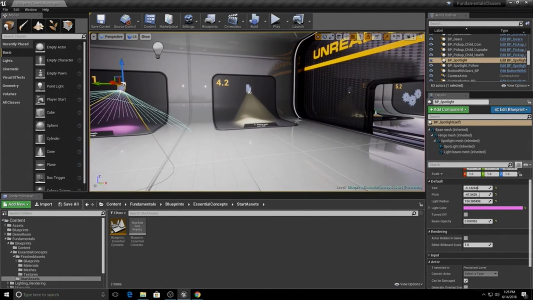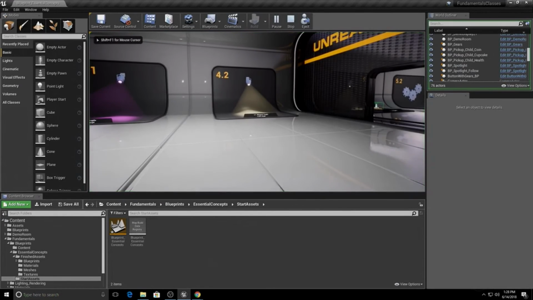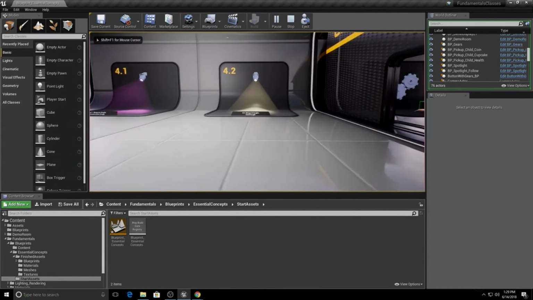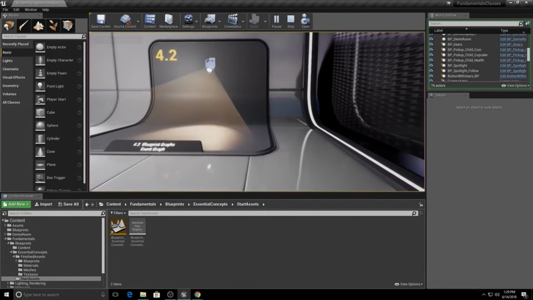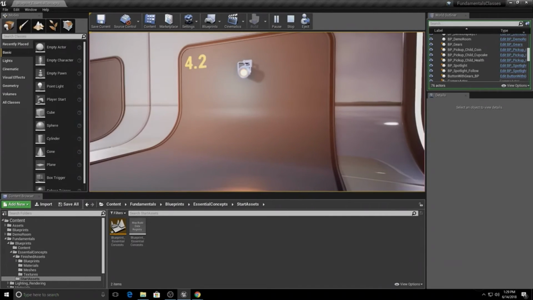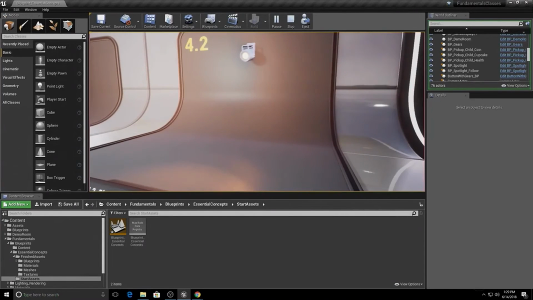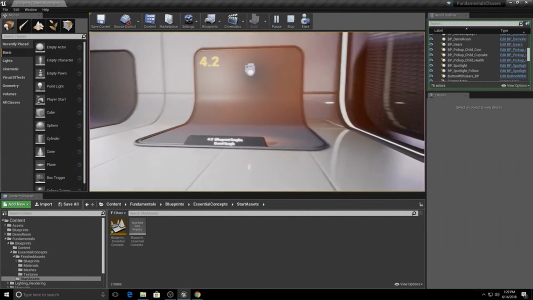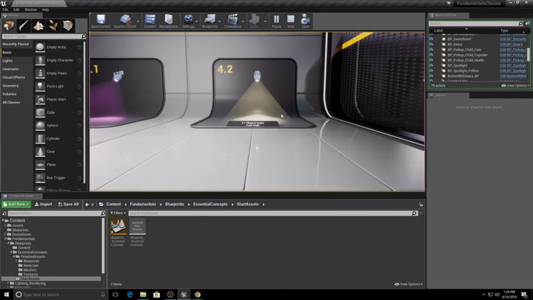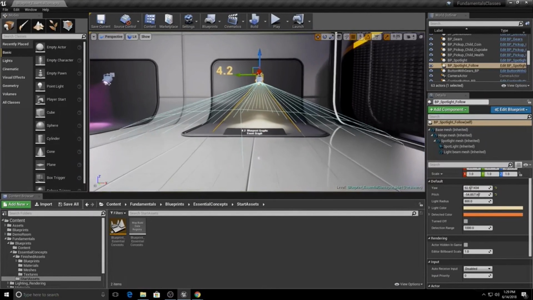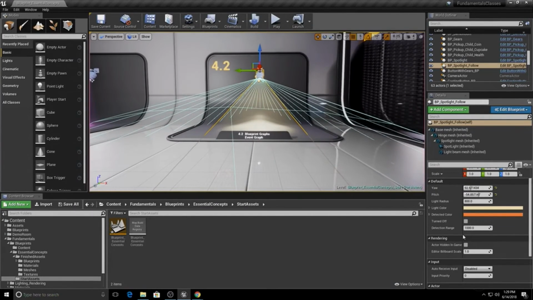I'm actually going to back up a little bit here and play in the editor to just demonstrate this. So it looks very similar to the light that we had before, except this particular blueprint uses the event graph to determine whenever the player is near the spotlight, and then it actually tracks us and follows us around as well. We're using the event graph to do this. Let's take a look at how that's working. So we still have our customizable properties in here that we can set up. If we go to edit this, we go to the blueprint editor here,